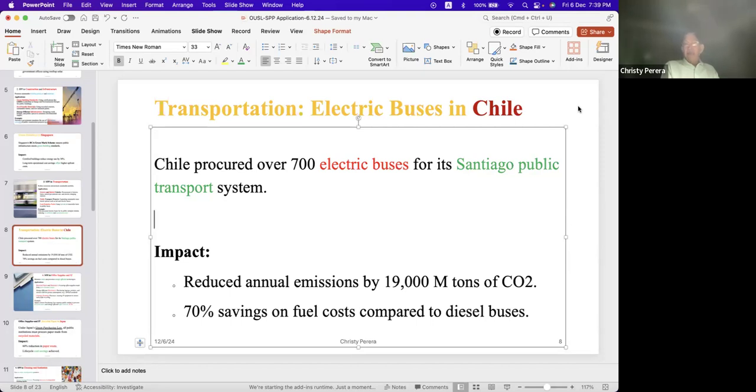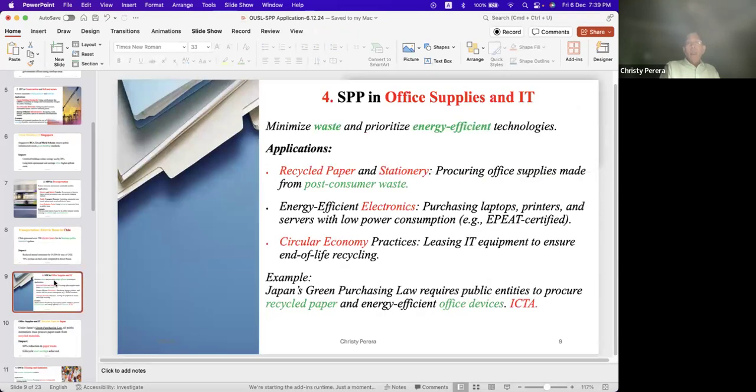I say that you can become a CAO without any problem, because at the moment I have about 4 or 5 students in different ministries. Like that, you will definitely become a chief accounting officer in one of the places in future, or a procurement expert to teach other people. The impact, I told you all, is 70% savings compared to diesel buses.